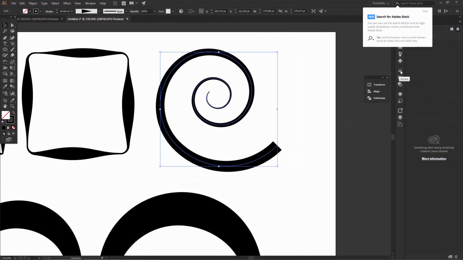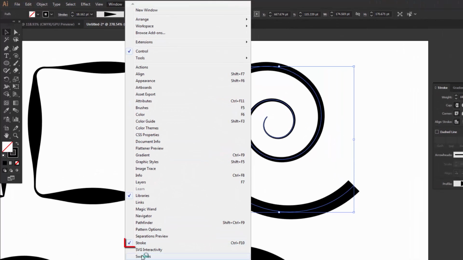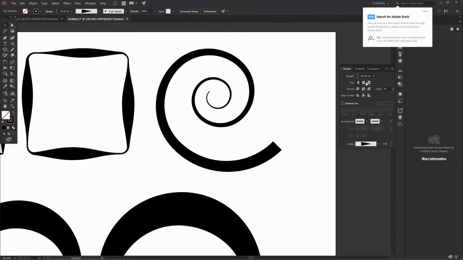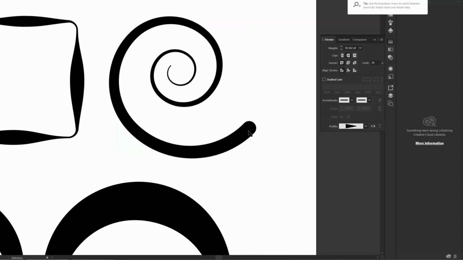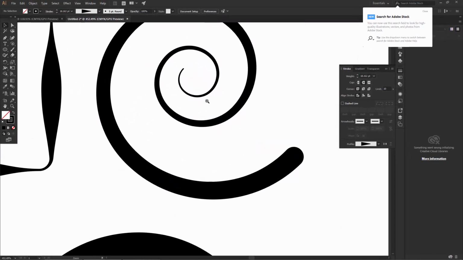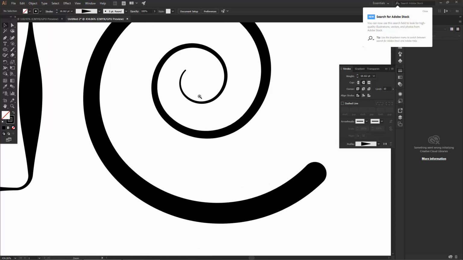Go to your stroke panel. You can also access it by going to Window and clicking on Stroke. Ctrl F10 is the shortcut key, and then select it and click on this round cap icon. You can see that now our shape is rounded.